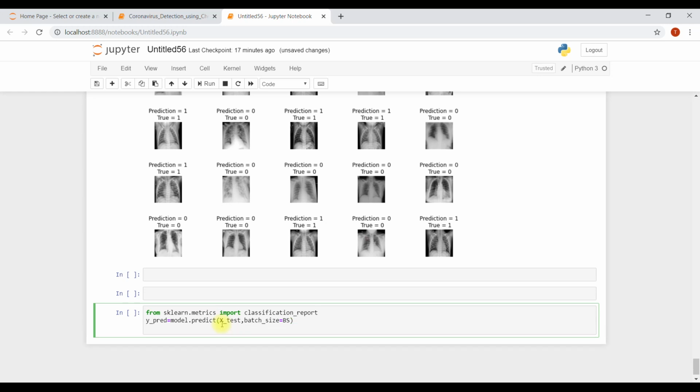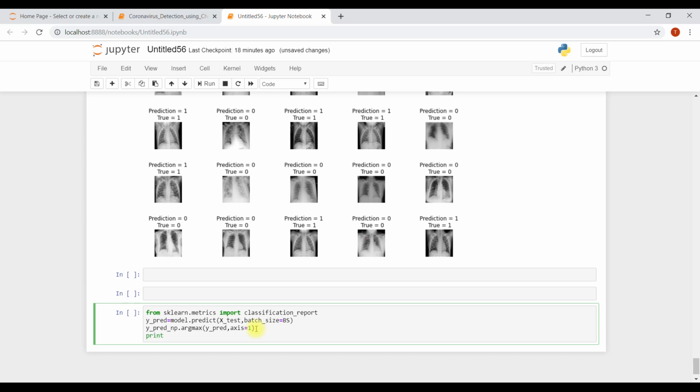Numpy dot argmax means the highest value. Even the prediction of one single image sometimes gives 60% corona, 40% not corona, so the highest value should be printed. Means if it is 60% corona, then it has corona.